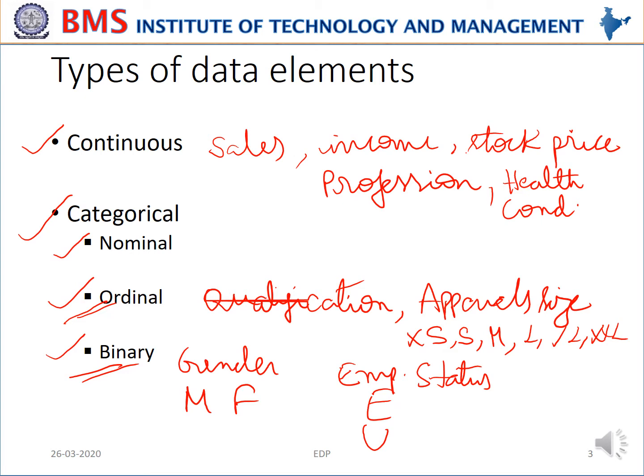Now, appropriately distinguishing between these different data elements is of key importance when starting the analysis and importing data into the analytical tool. For example, if apparel size is incorrectly specified as a continuous data element instead of a categorical data element, then the software would calculate its mean, standard deviation, variance, and so on, which is actually meaningless. So it is very important to classify the data elements before starting the analysis process.